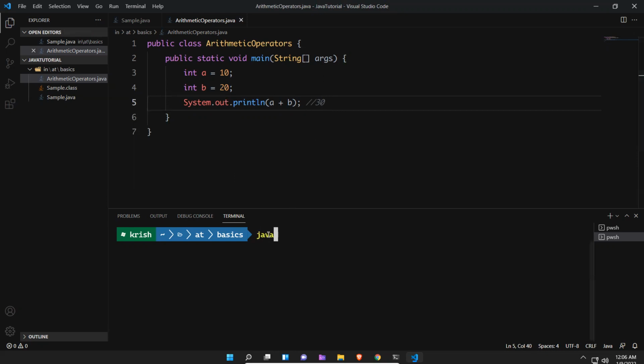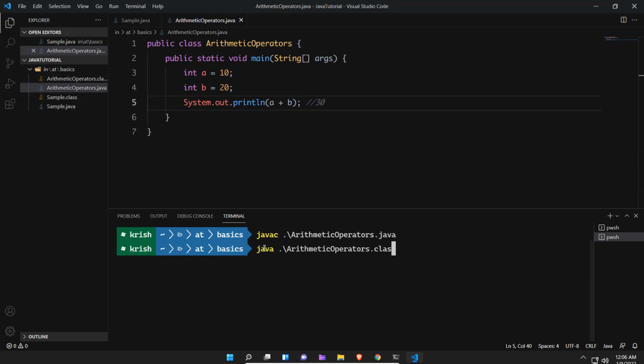So javac ArithmeticOperators.java. It compiled, and after compilation you see that the .class file is created. Now I'll execute java ArithmeticOperators. You should not use .class, only till here. So when you hit enter,